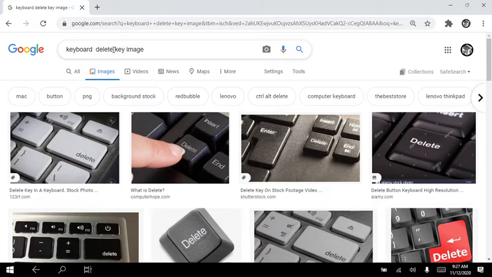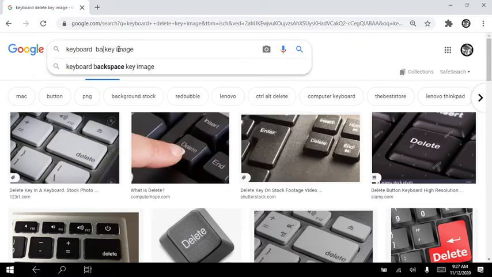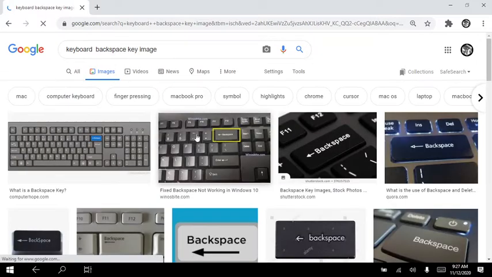The other one which is similar to this is the backspace key. Now I am using the backspace key only. Can you see the backspace key? It is a left side facing arrow key. Suppose when you are typing on the computer and you have typed a wrong letter, then you can use the backspace key. It erases the character to the left of the cursor.